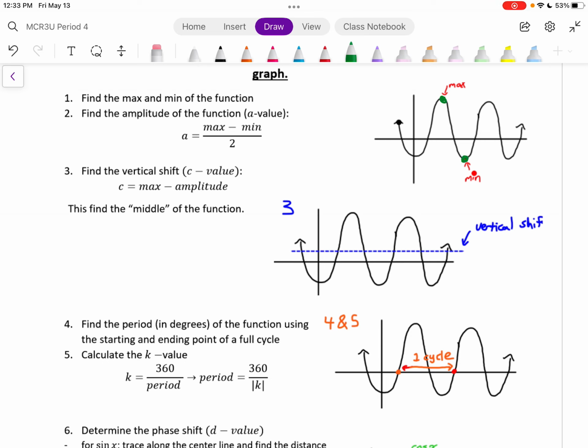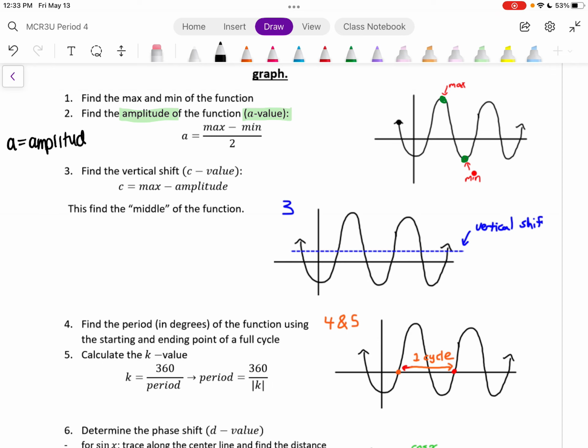Then you're going to find the amplitude. You're going to do max minus min divided by 2 to find the amplitude. That amplitude is also your A value. So easy to remember, amplitude is your A value, right? So you're just going to plug that in for A. What I like to do is make a little A, K, C, D chart on the side, and then I just plug in and fill it in as I go, right? So amplitude is A. Then you're going to go ahead and find your C value. So I'm just going to write that down. So A equals